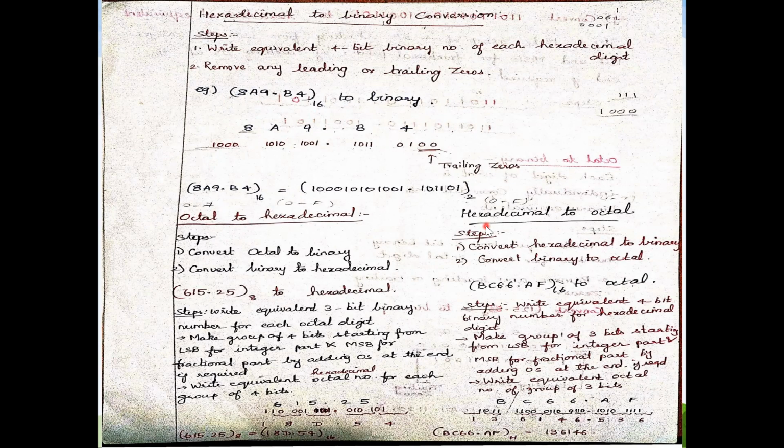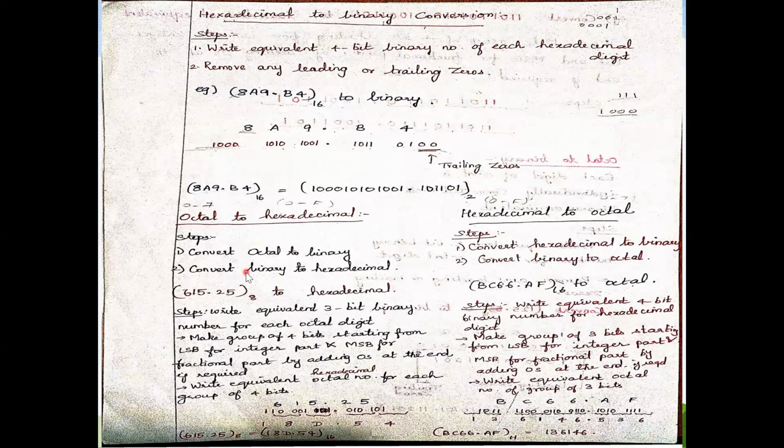So far we have seen how you can convert binary to octal, binary to hexadecimal, hexadecimal to binary, octal to binary. Now we will see the conversion from base 8 to base 16 or base 16 to base 8. This conversion is possible only by using the intermediate format of binary. So whether octal to hexadecimal, or hexadecimal to octal, you first convert to binary, then go for the other conversion. So octal to binary, then binary to hexadecimal.